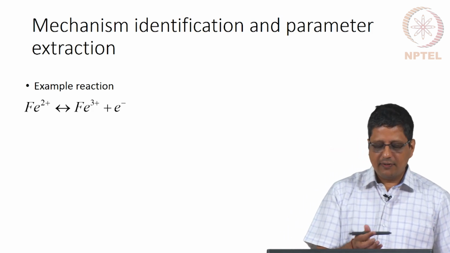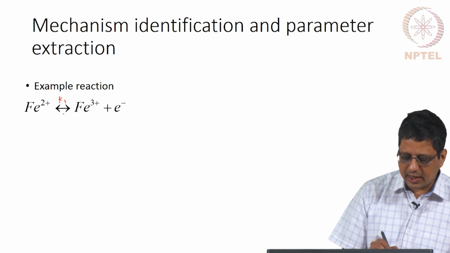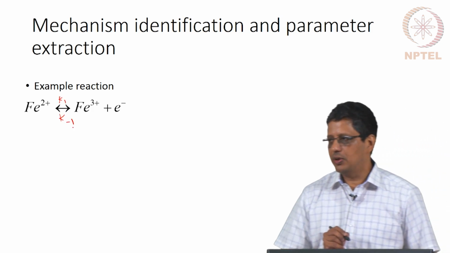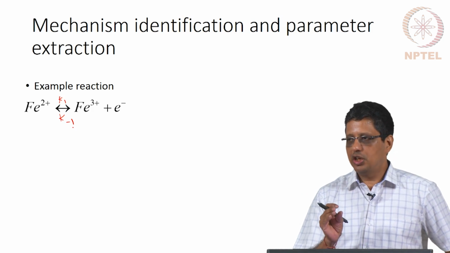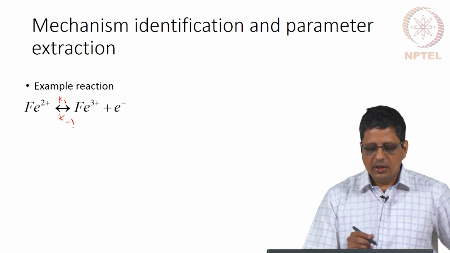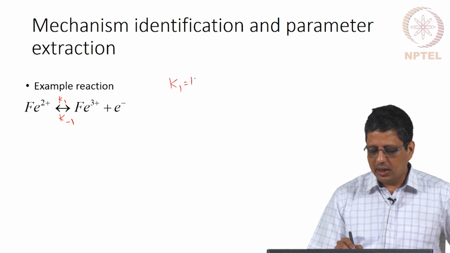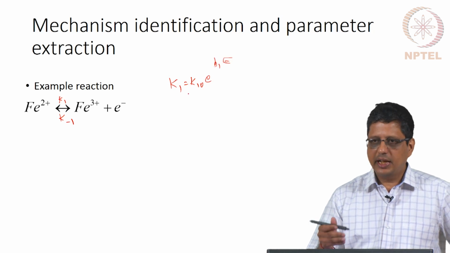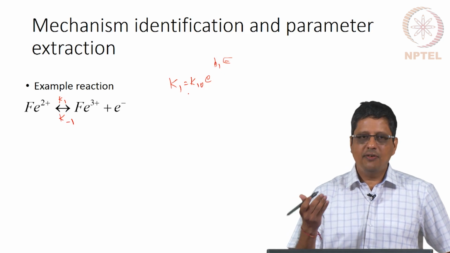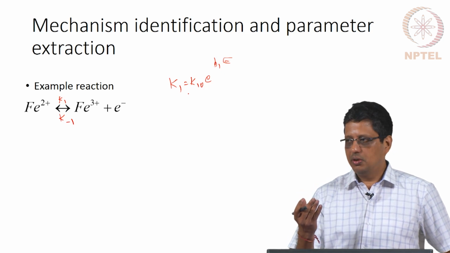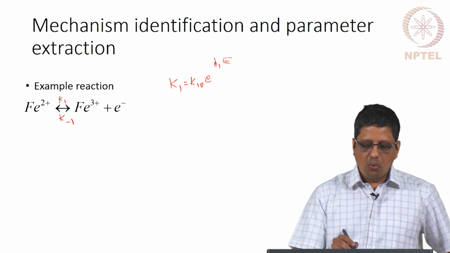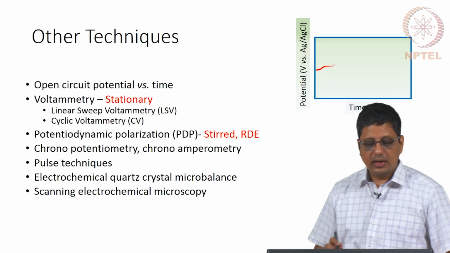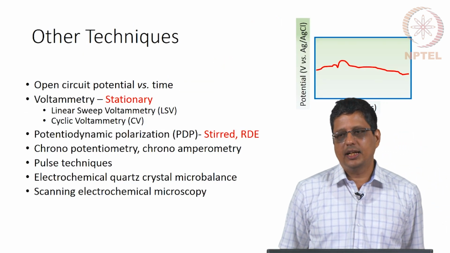Second, I have not given the values here, but let us say this has forward rate constant k1 and reverse rate constant k-1. Can we find the values of k1 and k-1? It is actually a function of potential. So, we should also be able to tell what that function is. Usually, we would write it as k1 equals k10 exp(...), and k-1, k2 if you have multiple reactions, just like you have R1, R2, C2, and you can get the values. Here you should be able to say what reaction can give rise to this impedance spectrum and what the values of those parameters are. So, here I want to pause and show you a few other techniques.